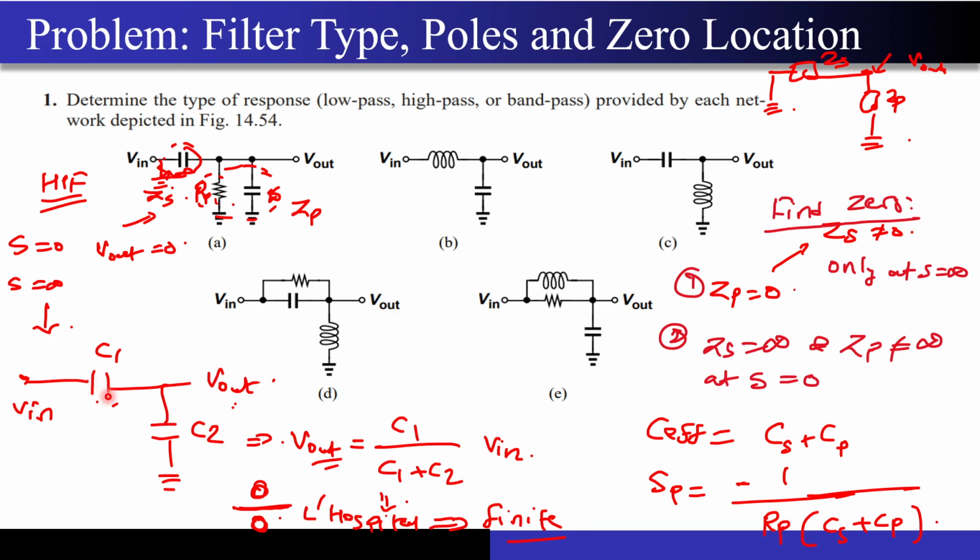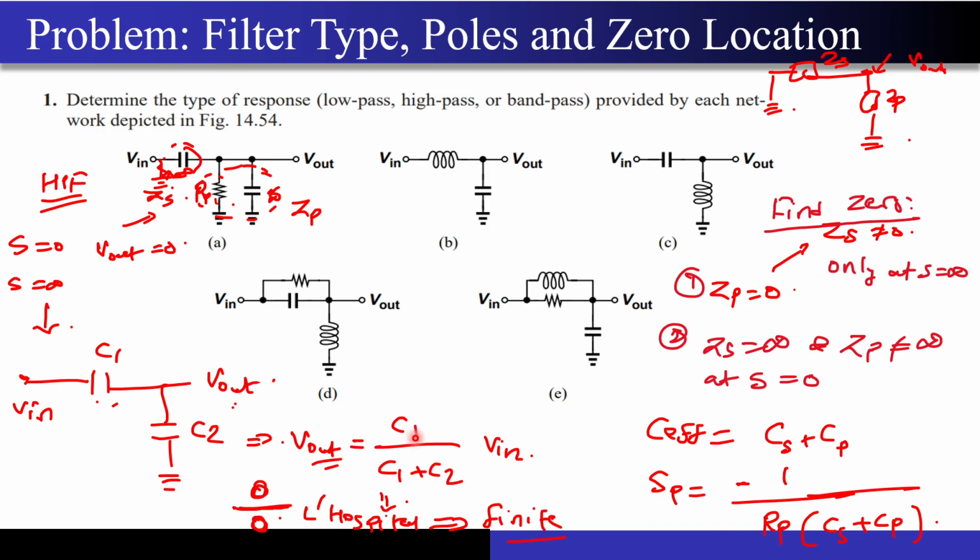We have to use the principle of the capacitor divider. And where is that resistance gone to? Since at very high frequencies the impedance of the capacitor is very low compared to the impedance offered by this resistor, and you know that a parallel combination means nothing but impedance lower than the lowest, right? So that is why we have ignored this over here. So now this has just become like a capacitor divider, right?